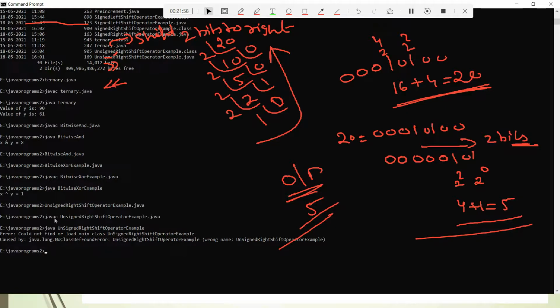Okay, so here it is not able to load. That means the name is wrong. Again I'll type java, so u is capital. Okay, correct.